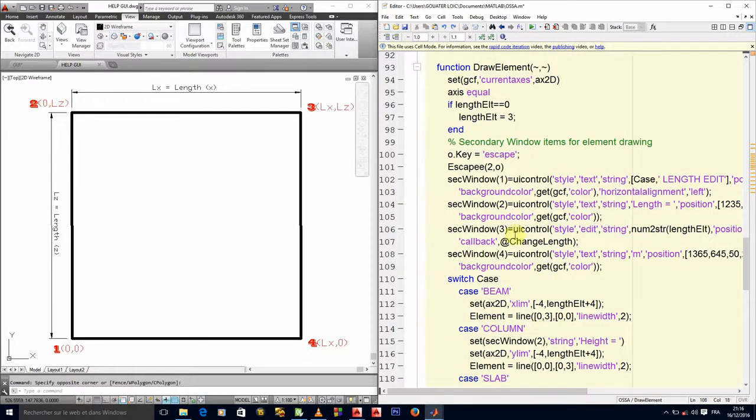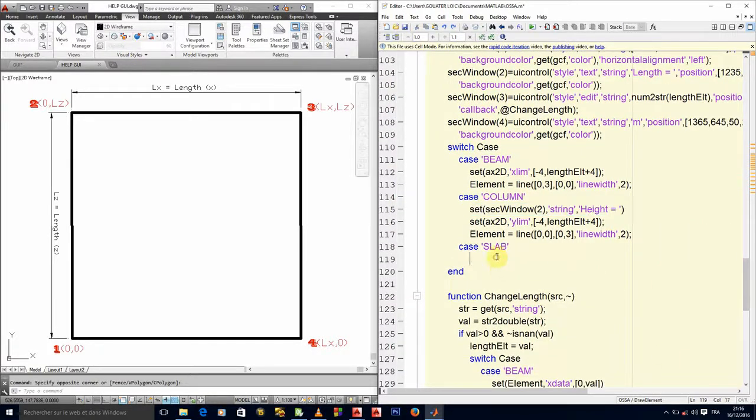So for slabs, well, we will modify first this particular length here, okay? So we will set the string property of this one to be length. Length following, we'll say length, let's put x in parentheses, okay?